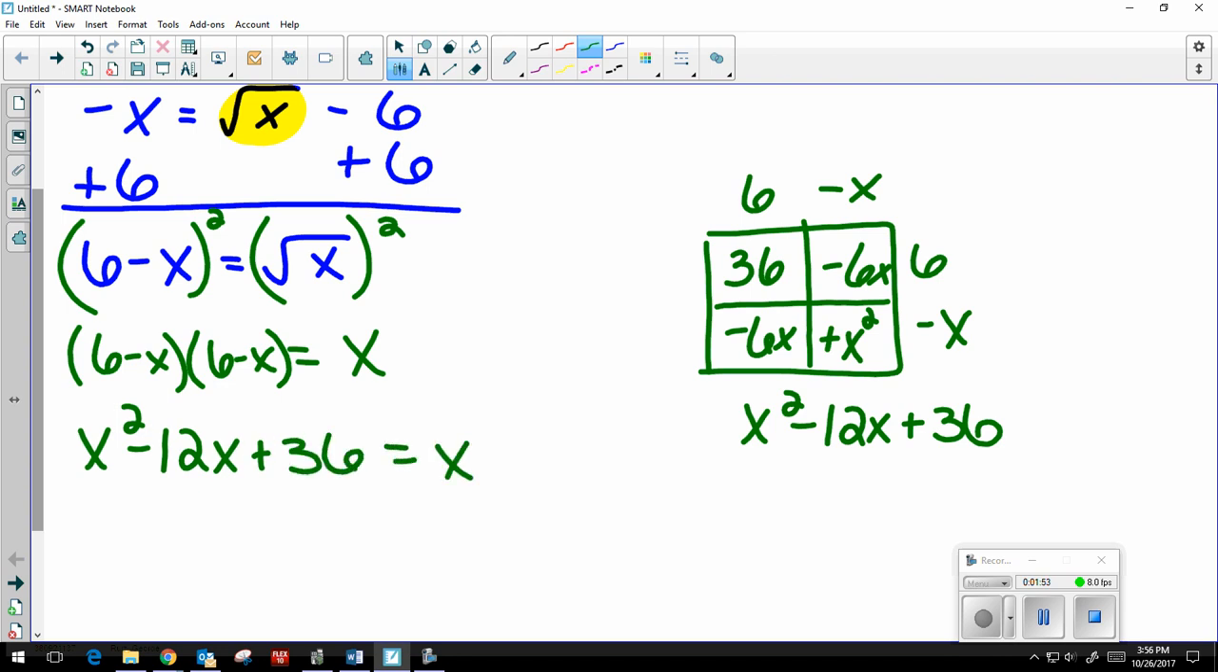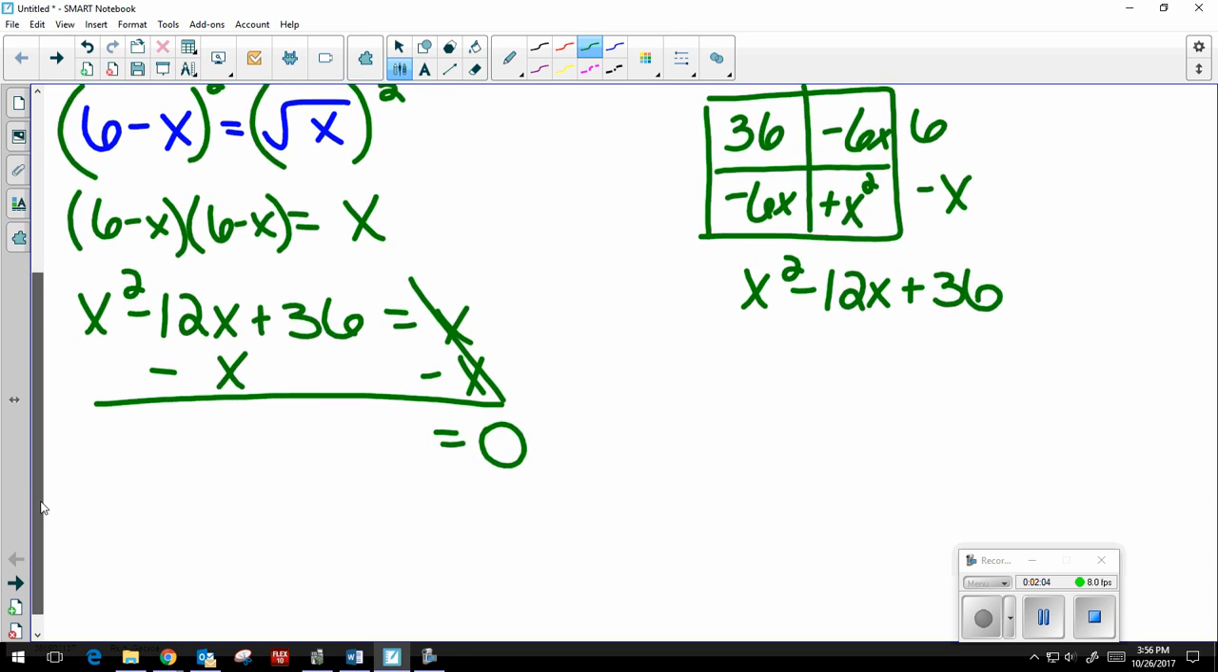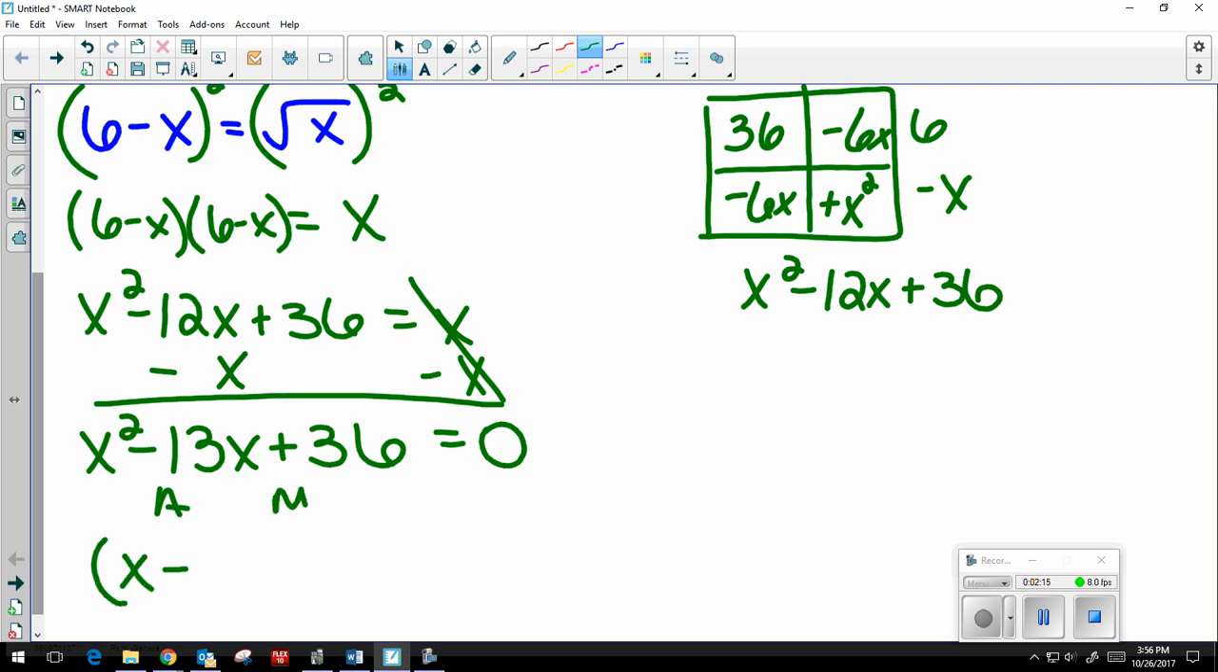So remember, anytime I see a squared, so I have x squared, I want to set it equal to 0. So I'm going to subtract x on both sides. So my right side is going to equal 0. I'm going to have x squared minus 13x plus 36. So now I want to factor. I'm going to use the AM method. So I have x minus,